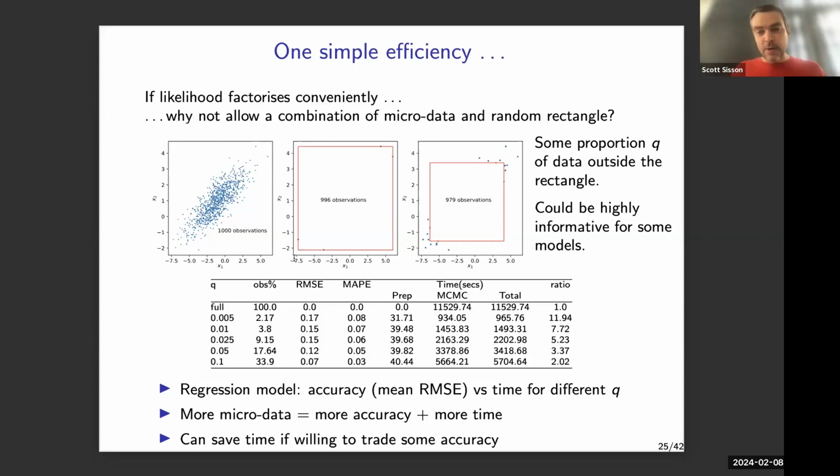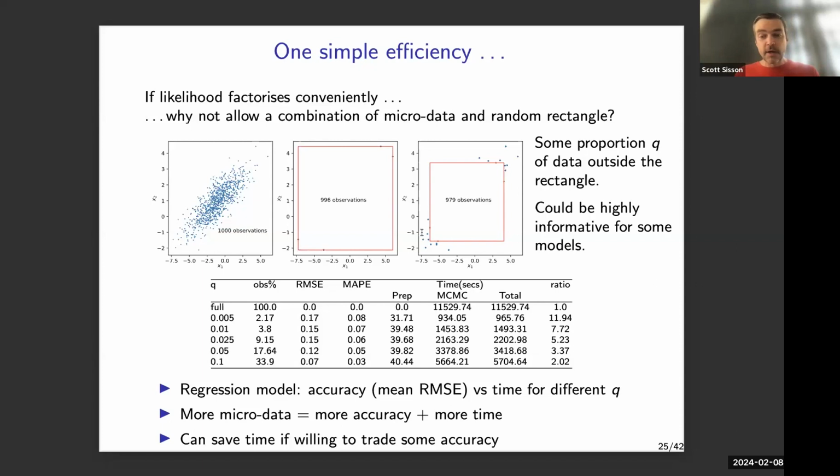But what you pointed out was that, hang on, rather than summarizing all of these data just by the minimum and maximum, a box defined by the minimum and maximum, we can actually capture some of the dependence information in that data if we define our random rectangle on some quantiles instead, and then retain some of the micro data, the underlying classical data points, as part of the likelihood. So the likelihood would have a term which is everything that's summarized in the box multiplied by the regular likelihood for the remaining data points. And if you think there's dependence in the data, then if we know our data points are out in this corner and this corner, that's going to allow us to capture some dependence information.